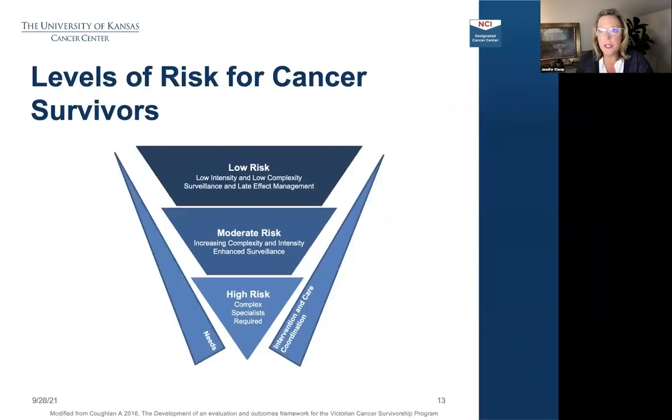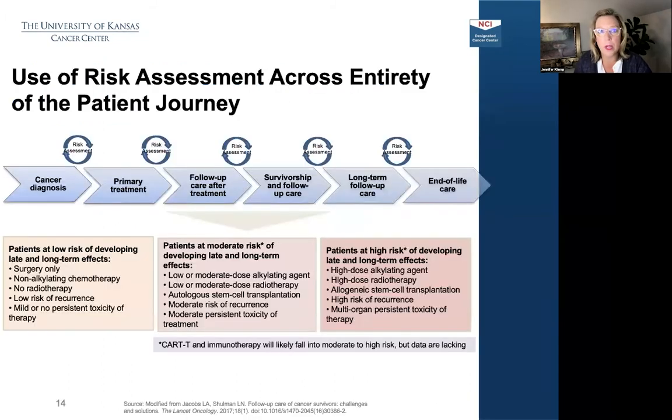And so that really helps us put our patients into buckets. And this goes right into sort of a genetic framework: what are the patients who are low risk or average risk? What about moderate risk? And then those at high risk. And based on those needs, and it could be psychosocial needs, financial needs, risk of recurrence or risk of late effects, whatever that need is, based on the treatment that they received, plus those other complex factors, needs to help guide us in putting them in a bucket to allocate resources and interventions appropriately.